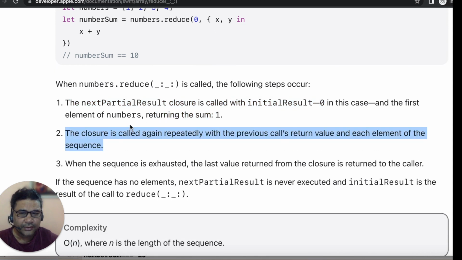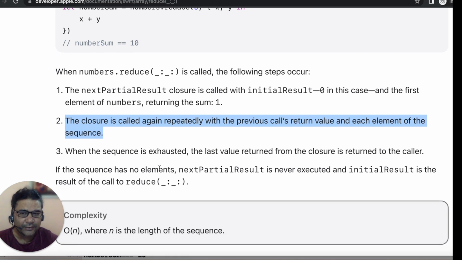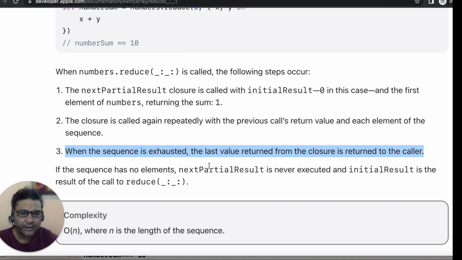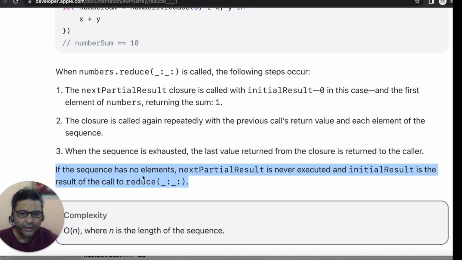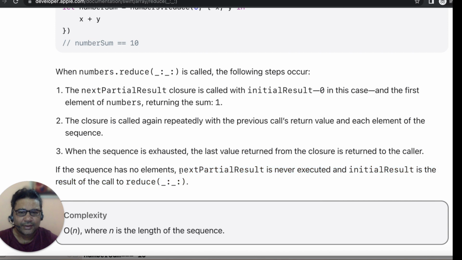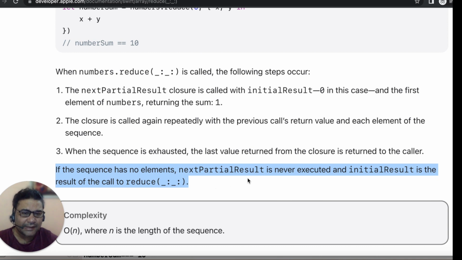So the closure is called repeatedly with the previous call's return value and each element of the sequence. When the sequence is exhausted, the last value returned from the closure is returned to the caller. So the closure will work according to the following steps. If the sequence has no element, the next partial result is never executed. The very important line is the last line: if the sequence has no element, the next partial result is never executed and the initial result is the result